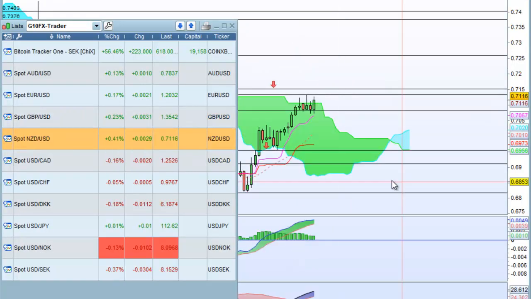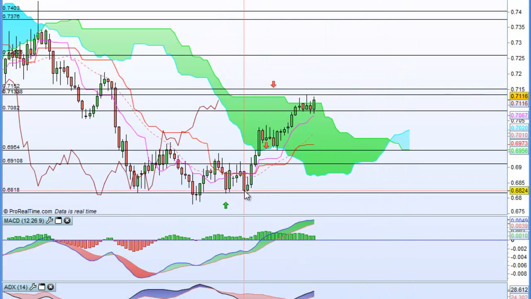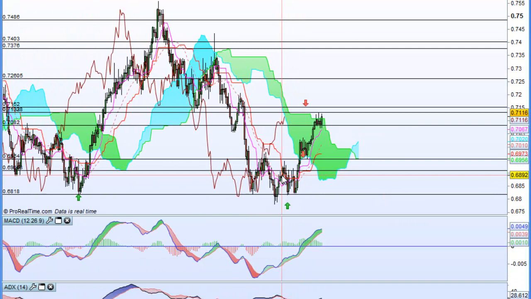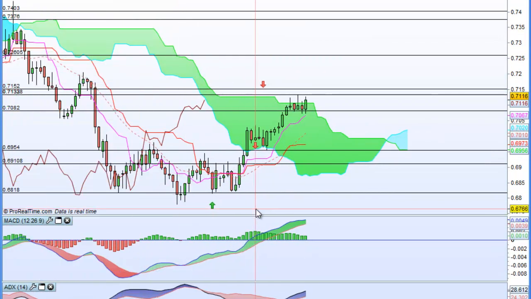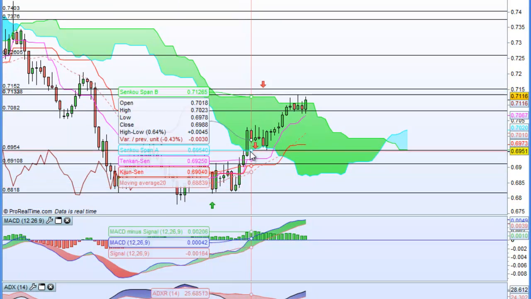New Zealand USD had a nice buy signal right way back here. Did test the mettle here with respect to stop losses, double bottom, triple bottom here, and that comes from this low here. So that was quite a good support zone. Pretty choppy trade for quite some time. Stayed in the trade, got through the resistance at the bottom end of the cloud,